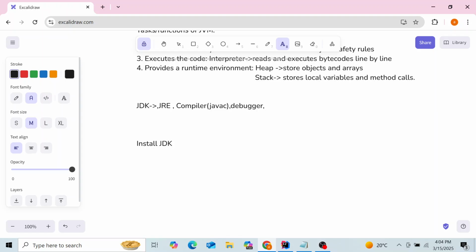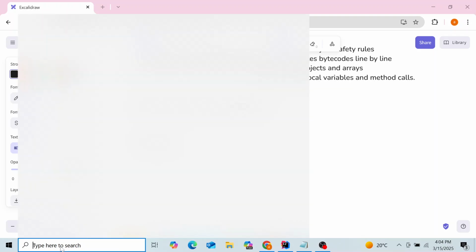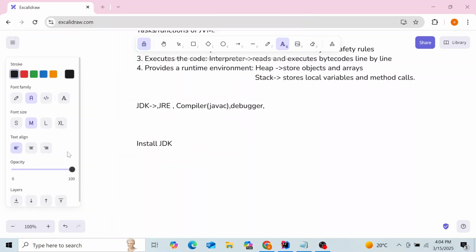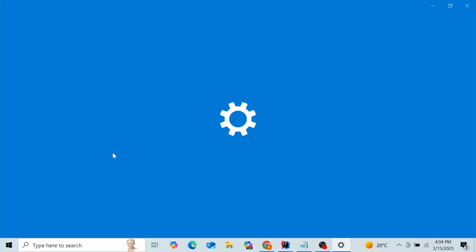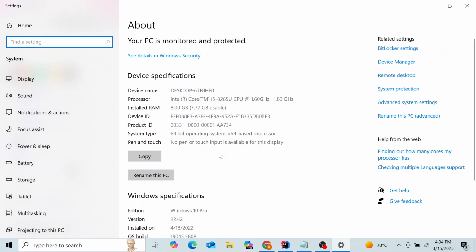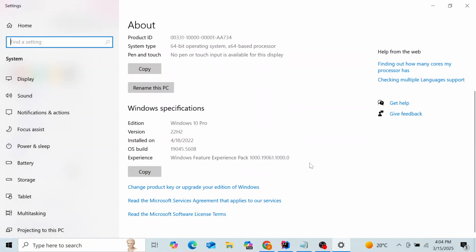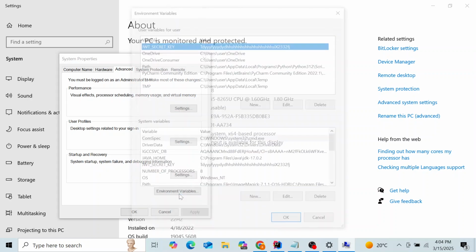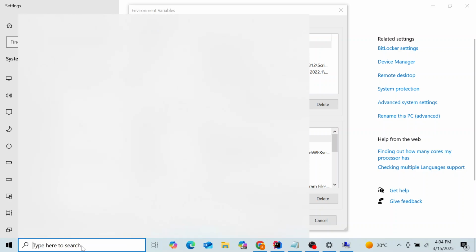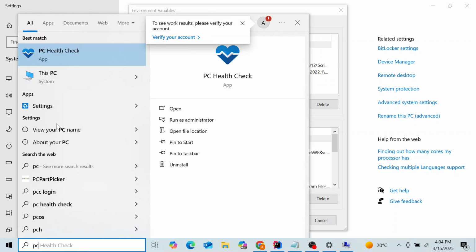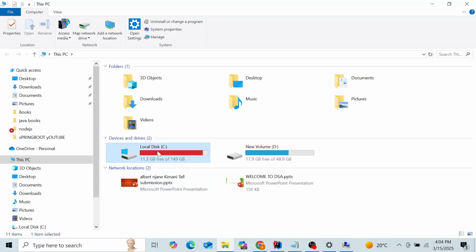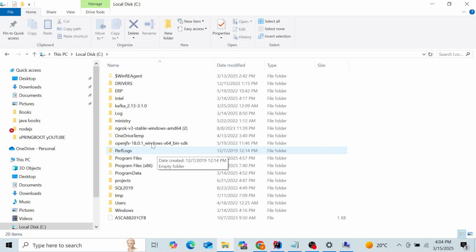Then after installing Java, you will go to environment variables. Go to your PC on Windows, right click, properties. Then you look for advanced system settings, environment variables. But before that, if you go to your PC, basically what you do is you go to program files, go to your programs file,